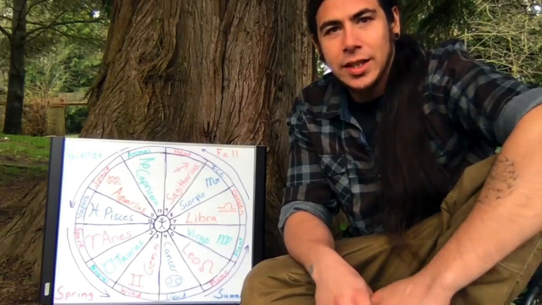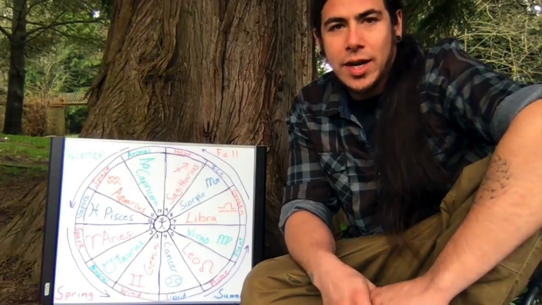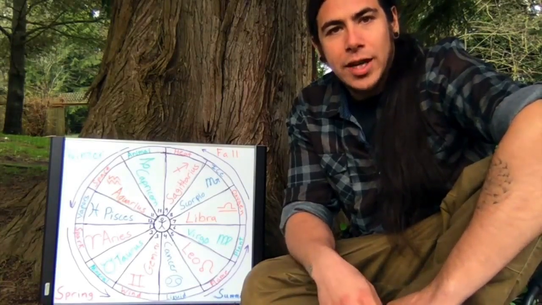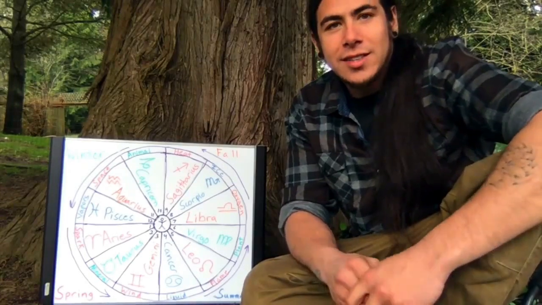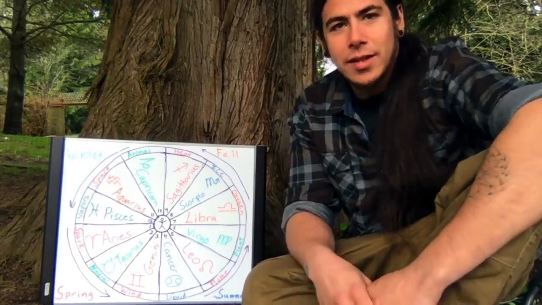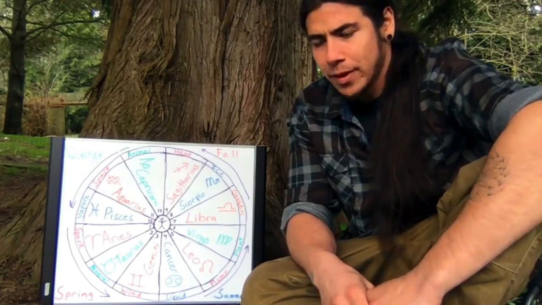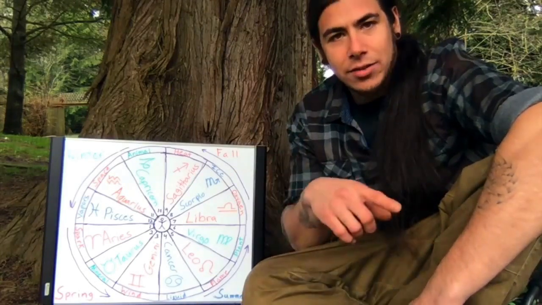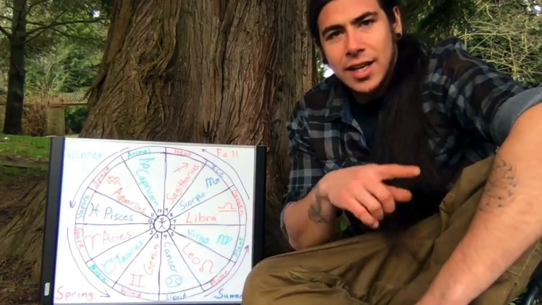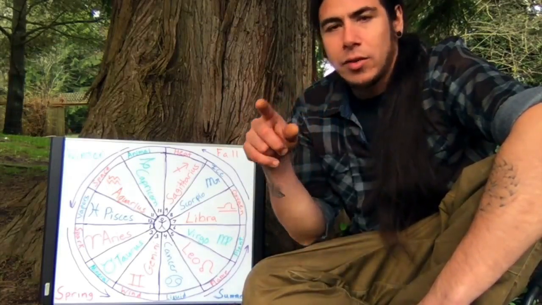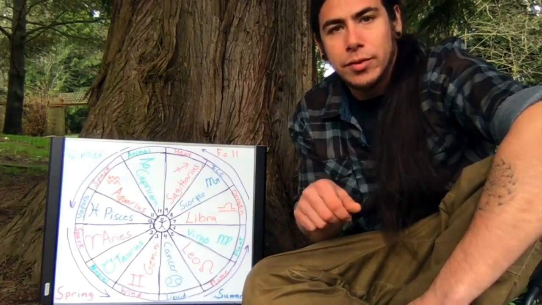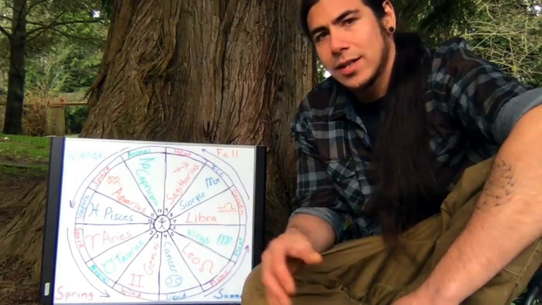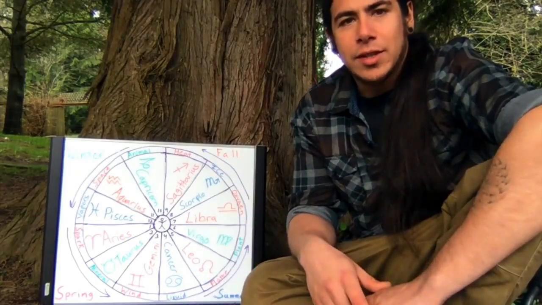And I want to thank you for watching that last video that I shared with you guys on the houses and the birth chart, laying out kind of the framework for you guys. And I hope you really got some good insights and understanding in how that all works and what those things represent. So in the chart, after laying out kind of the houses, we see the signs on the outside. As I said, the signs are the wheel that all the planets and the sun move through. So every day, each sign rises on the eastern horizon, sets in the west, makes a full circle around us.